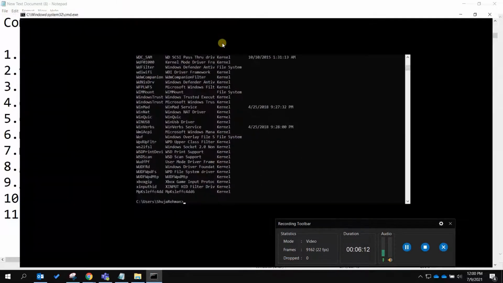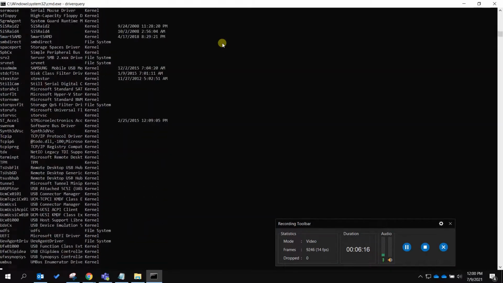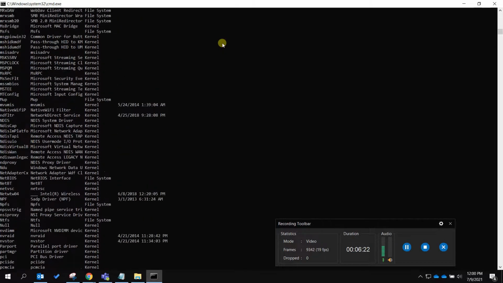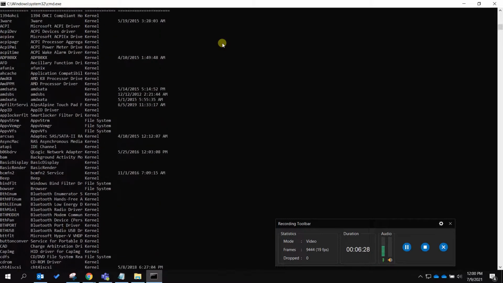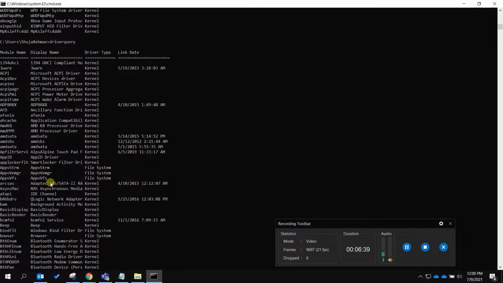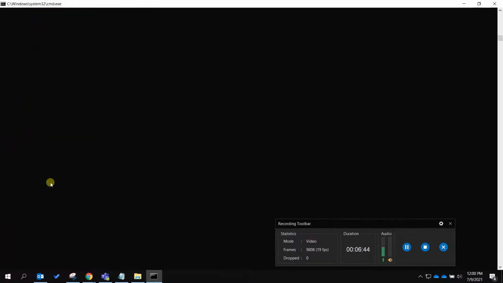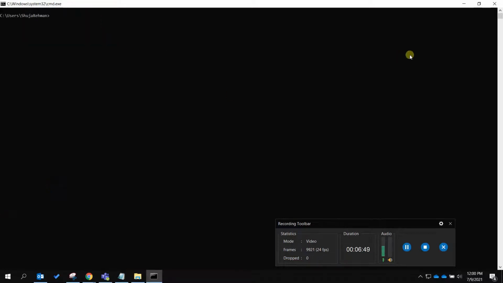Here you can see all the drivers and their properties, the location, and whether it is a kernel or a file system driver. It shows the module name, display name, driver type, link date, meaning the date on which it was installed, and so on. This command is the driverquery command. CLS clears the command prompt.